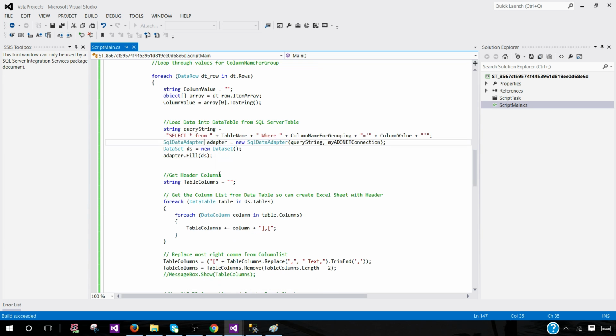Now the next part is we have to run the query that will get us all the data from that table by using that column as a filter. Select asterisk from table where column name for group. So remember we are saying select asterisk from dbo.TotalSale table where our region is equal to the column value. As we are looping through the values, we can pass that, and once we have it, we will save